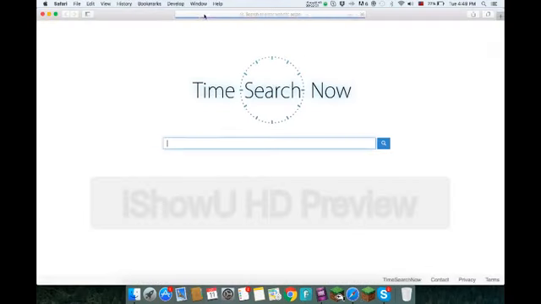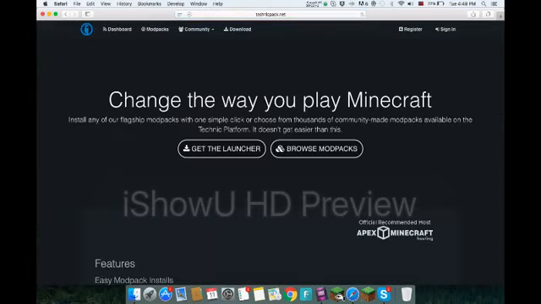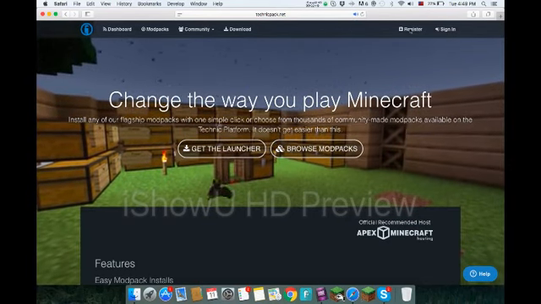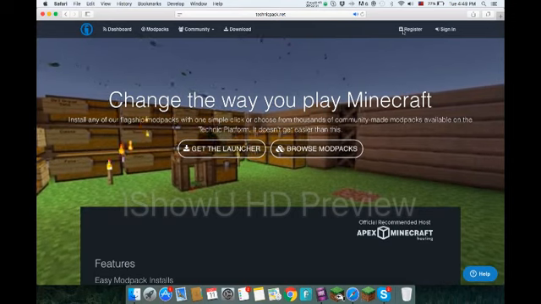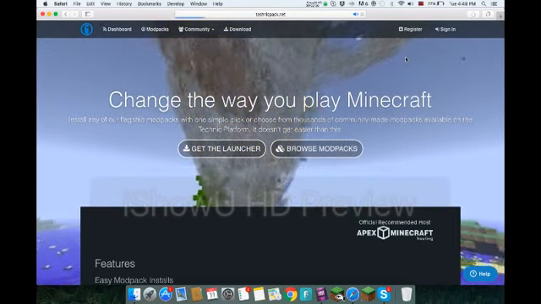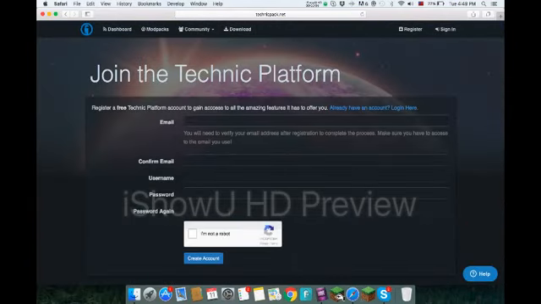But another way, so this is how I did it. Technicpack.net. I'm not really sure about other emails. Basically what you have to do is click register. Here we go. So I said it's slow. I have something that's installing right now. Here. Create it. And then you can sign in with this. If you ever want to create your own mod pack, you're going to have to do this. So once you do that, you have your email, your username, and your password.